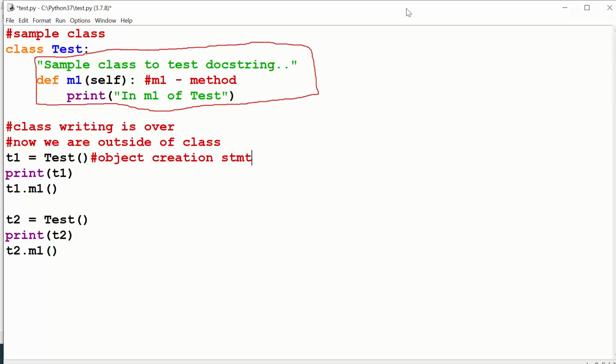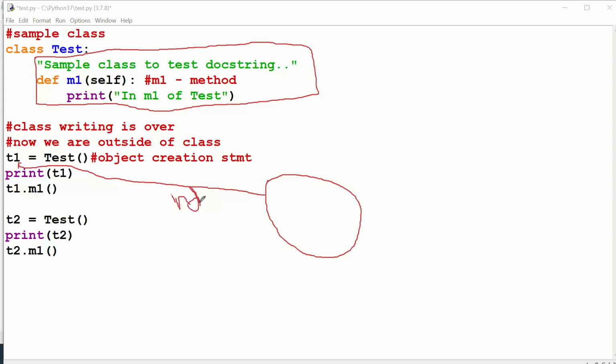Sir, what happens when you create an object? I have told you, whenever you create an object, internally an object gets created, and its memory address will be stored in t1, that is the reference variable. So the indirect address will come and be stored in t1.